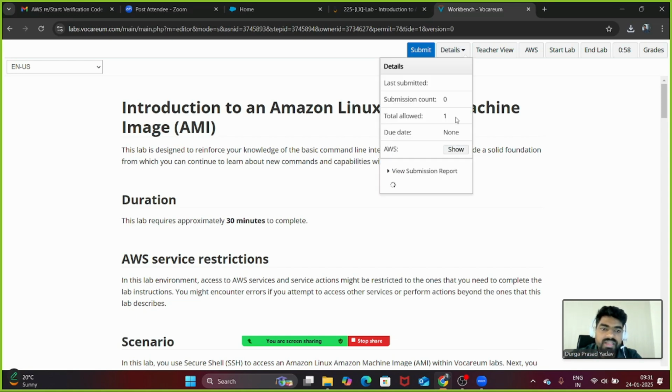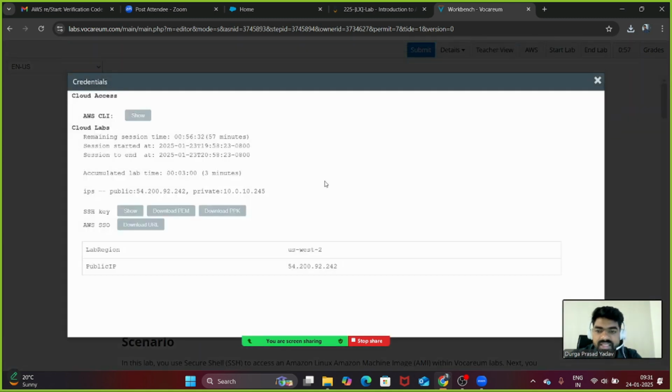If you click on the details, click on show options just beside the AWS, you can download the key pair as a PPK. You all know how to connect it. I have downloaded the PPK because I want to connect with PuTTY, and this is the public IP address